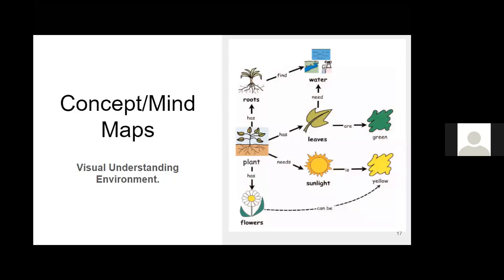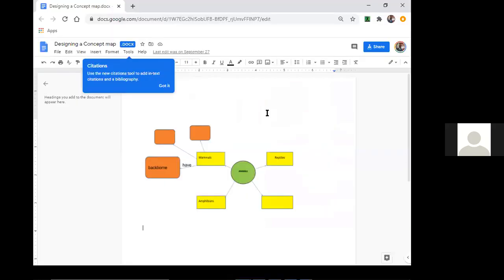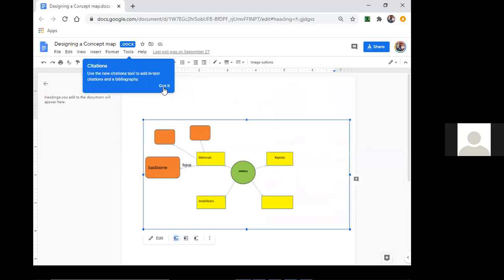Concept maps can be created in any platform. You can create a concept map even in PowerPoint. You can create a concept map in Microsoft Word. You can also use software that is already designed out there for creating a concept map. For example, if you go to a Word document, I want to share this onto your screen. You can create your concept map very well using Microsoft Word by just clicking on shapes, getting shapes and putting them there.